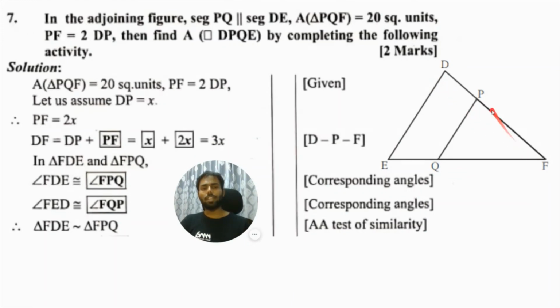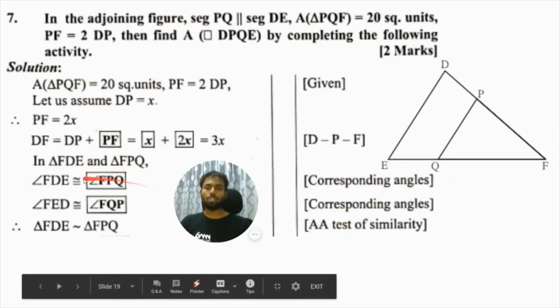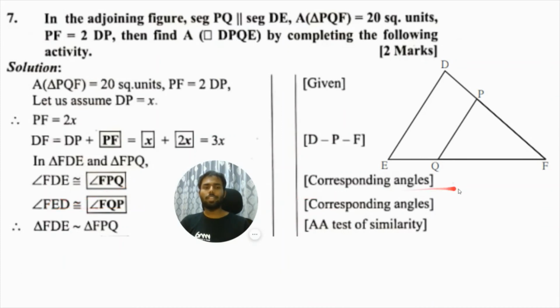So they look like an F, right? A slanting F it looks like. So whenever angles appear in an F shape, those are always corresponding angles. Okay, so here angle FPQ will come. Next, FED. FED is this angle here, and